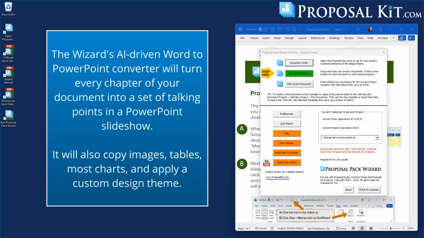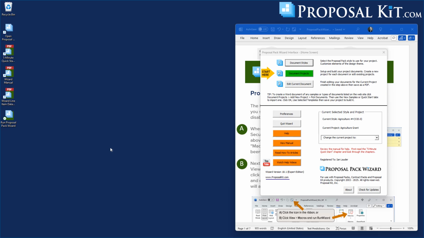In this video, we're going to show how the Wizard's AI Writer's Word to PowerPoint conversion feature works. So once you've created your documents, your proposals, business plans, reports, studies, whatever documents in the Wizard, you've done your editing, you've probably added pictures, charts, tables, got it all finished, then you're ready to export it to a PowerPoint